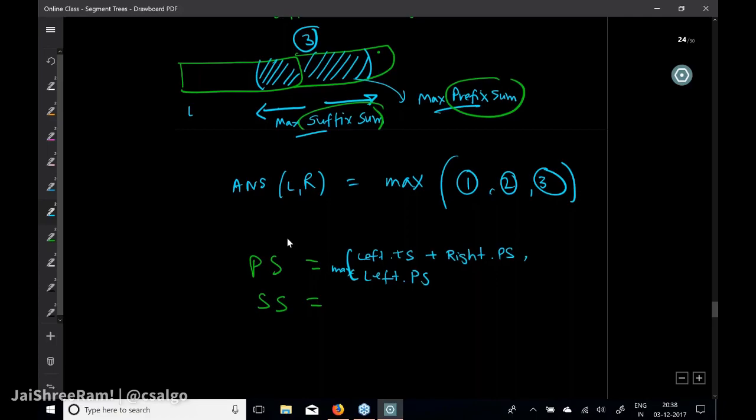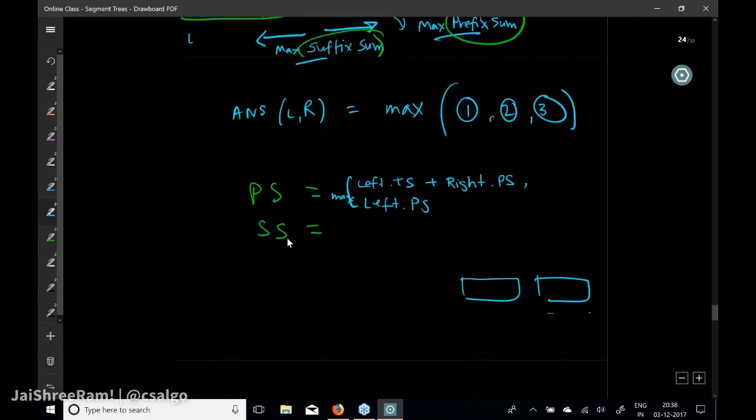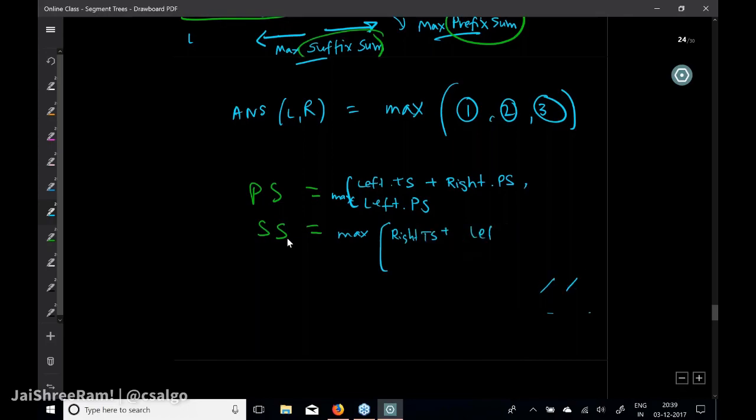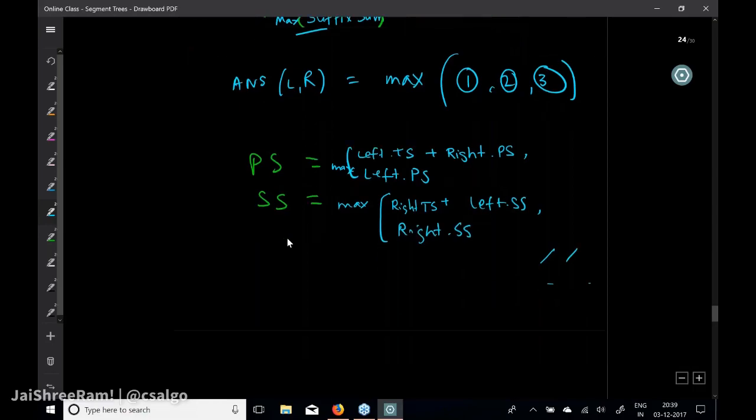दिस विल गिव यू द मैक्सिमम प्रीफिक्स सम फॉर द न्यू एरे। सफिक्स सम की बात कर लेते हैं। सफिक्स सम मतलब पीछे से सम, हम पीछे से सम करते हुए आ रहे, या तो राइट पार्ट का सफिक्स सम या फिर राइट पार्ट पूरा ले लो और वो यहाँ पे टर्मिनेट कर रहा हो। बेसिकली मेरे को नए एरे में निकालना है ना ऐसा सम जो पीछे से स्टार्ट हो रहा है और बीच में कहीं तक आते हुए मैक्सिमम हो रहा है, ठीक है। सो इट विल बी मैक्सिमम ऑफ राइट का टोटल सम प्लस लेफ्ट का सफिक्स सम, या फिर राइट का सफिक्स सम।